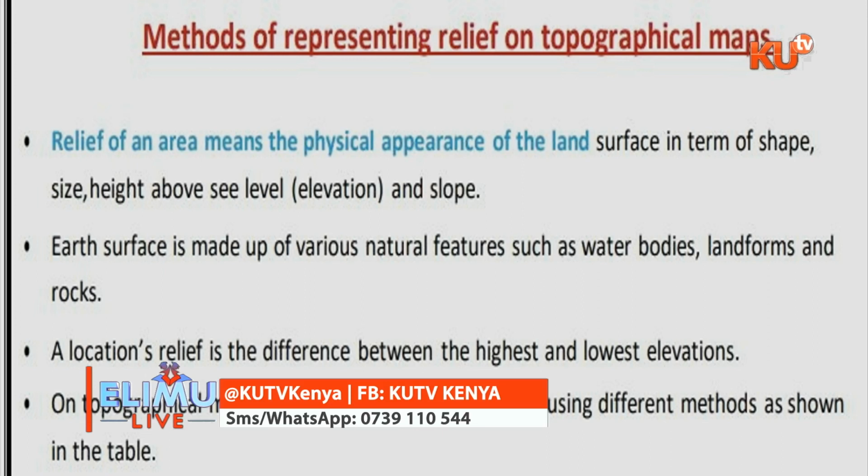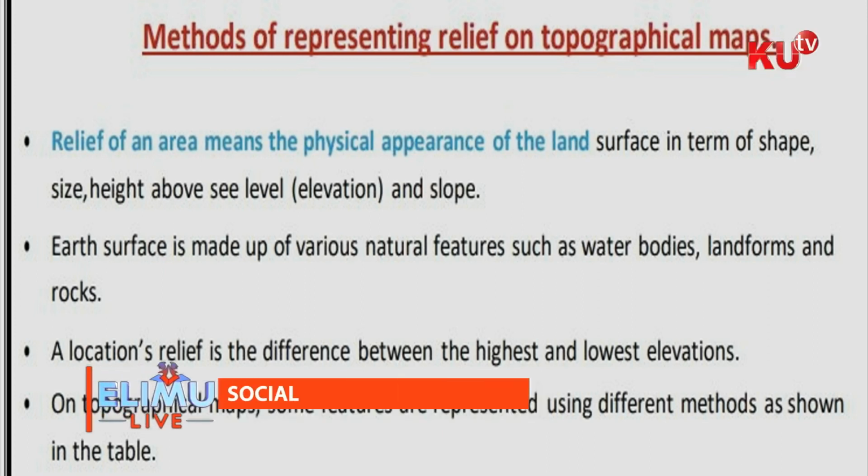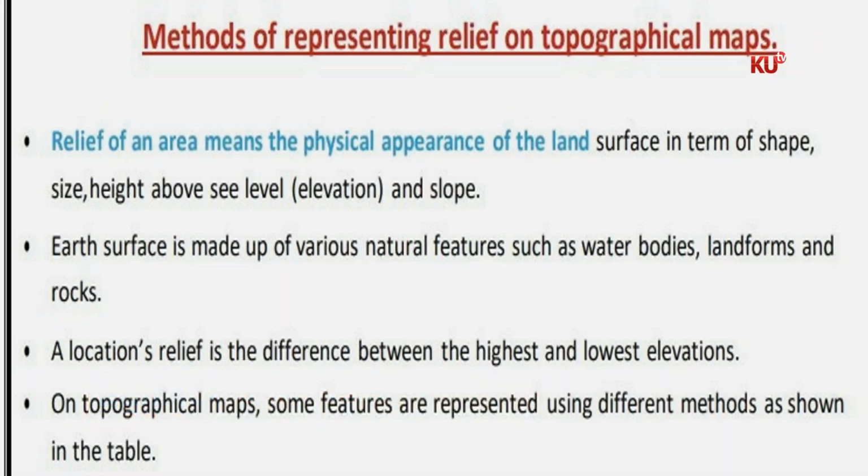A location's relief is the difference between the highest and the lowest elevations of the Earth's surface, and when talking about the height above the sea level, we are talking about elevation. So as we continue, we'll be looking at some of the elevations we have. On topographical maps, some features can be represented using some of the methods that we are going to look at now. The methods used to represent relief are: